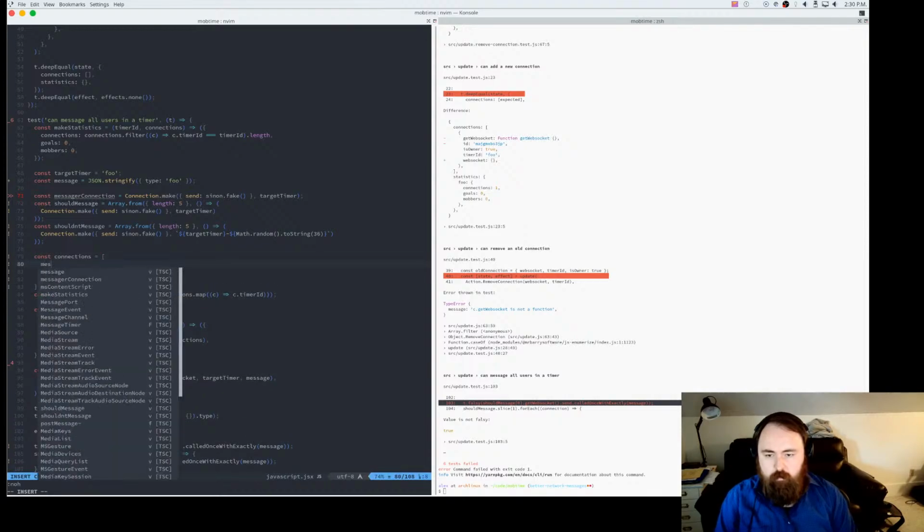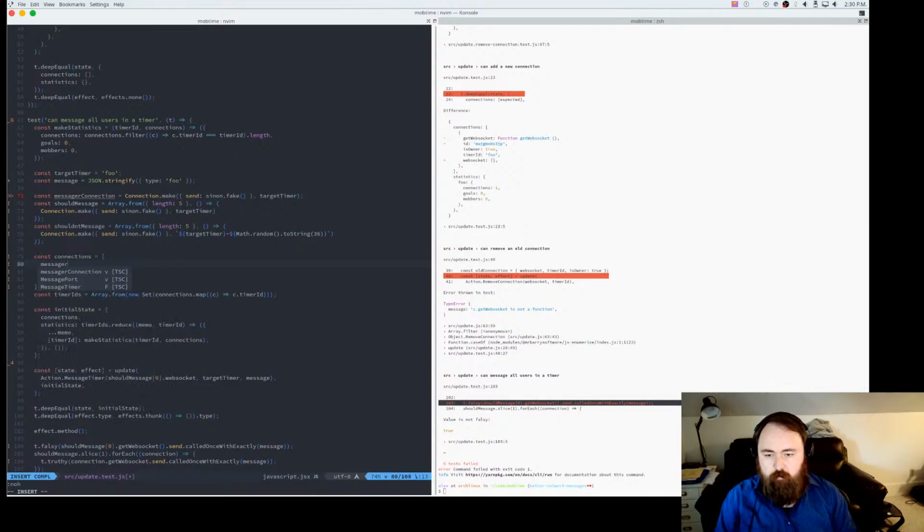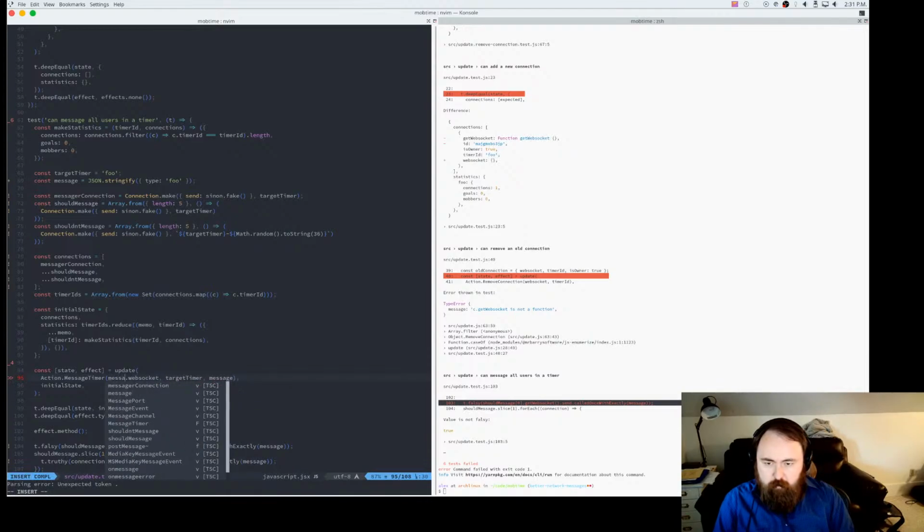So let's add him or her. Let's not be discriminatory to my digital users. All right, and we get a list of all the timer IDs as well. Our initial state is message the timer. So let's not use shouldMessage at all. Let's use messenger.